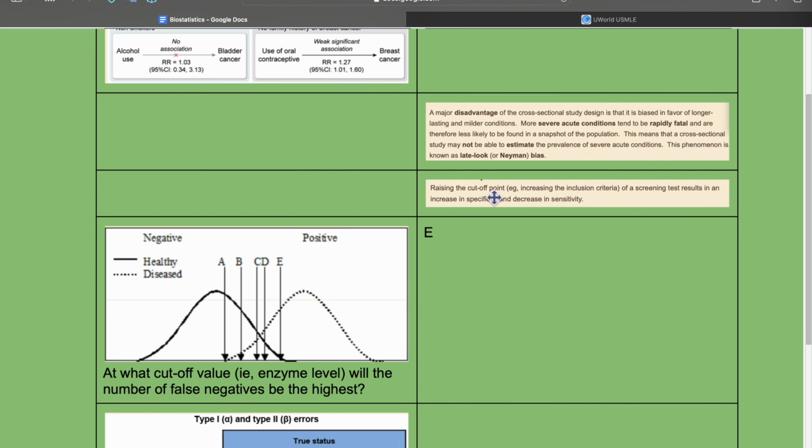Raising the cutoff point, for example, increasing the inclusion criteria of a screening test results in an increase in specificity and